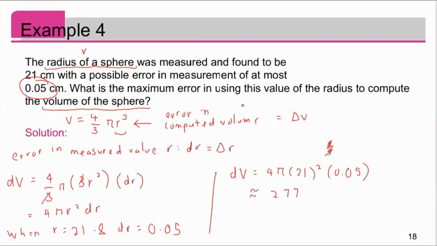All right. Do we need to compute delta V? No, we don't really need to. This is the resultant, the maximum error. dV here is the maximum error. The maximum error in the calculated volume is about